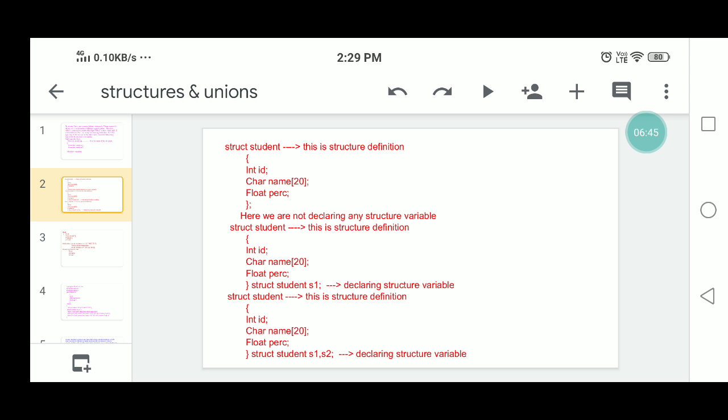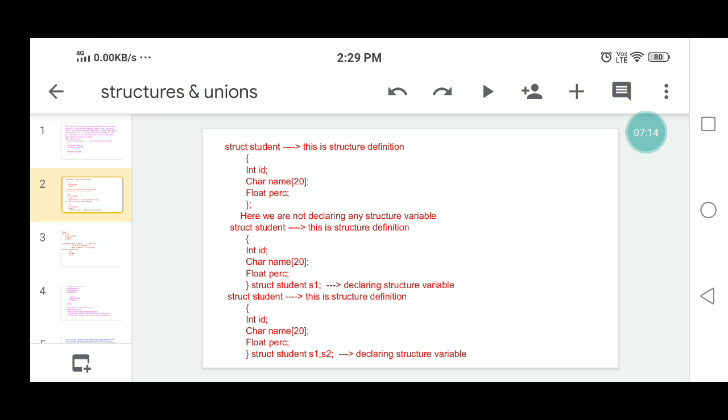So student ID, student name, percent are the data values you are giving in these variables. Here we are not declaring any structure variable. So struct student is the structure definition in the second example. We have to declare here student ID, then student name, then student percentage.